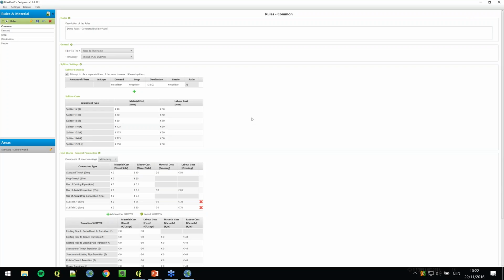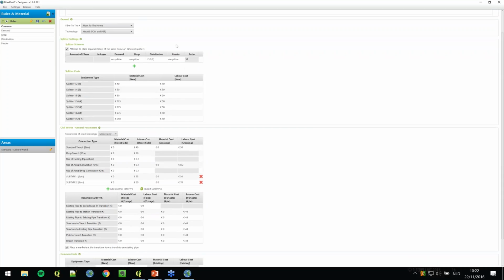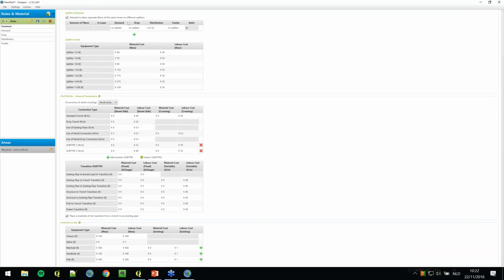If you take a look at the details which you can provide in the design rules, in this particular example we specified a fiber to the home design with 132 splitters. So this is customizable and configurable, how and where to place your splitters to make sure that you get to your proper design plan. Something important, like we saw in the input data, we had existing ducts, we had existing manholes,